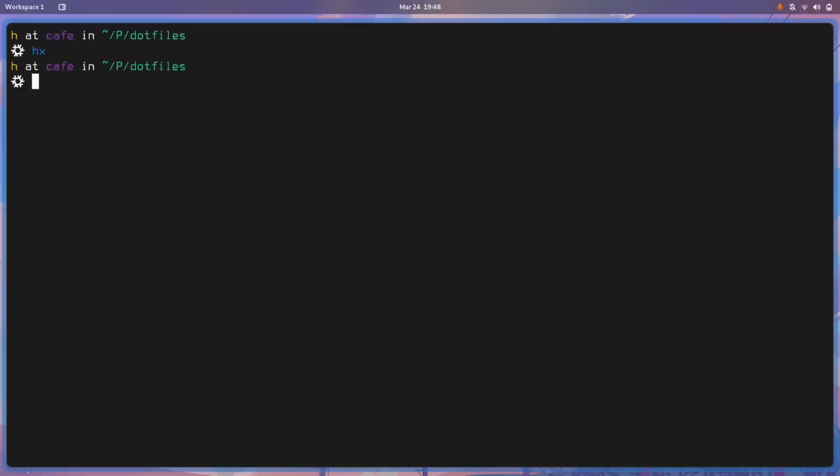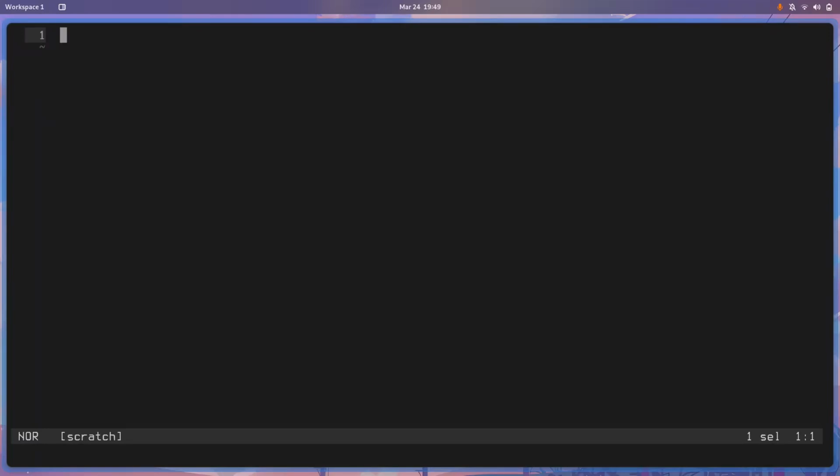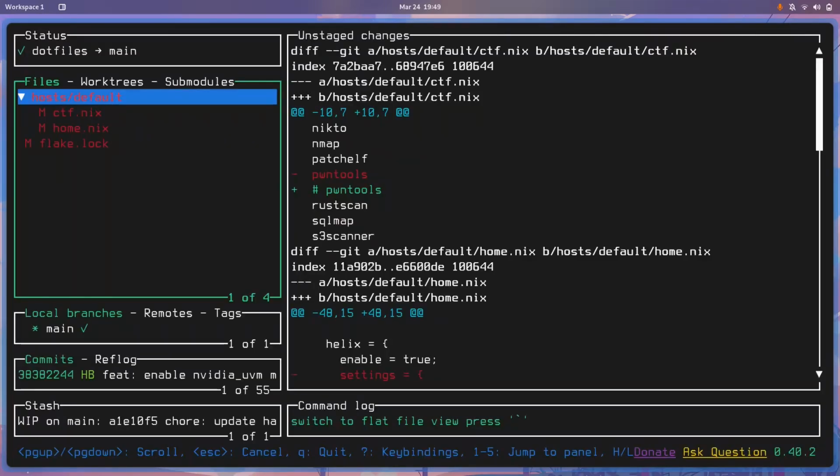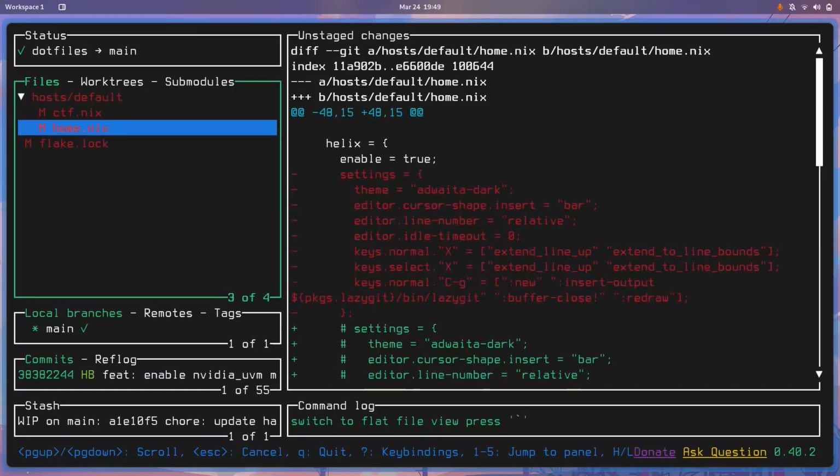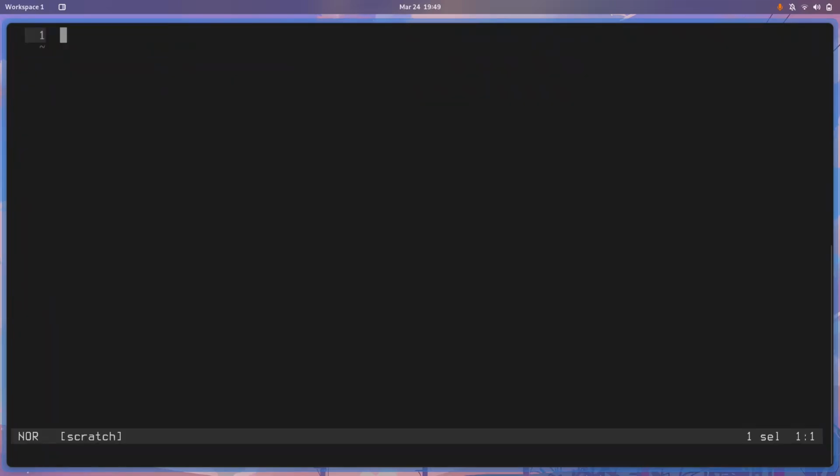And believe it or not, that's all it requires to have a Git integration in Helix. If you now open Helix in a Git repository, you can press Ctrl G to spawn your Git integration tool of choice. And once you're done with it, you exit out of the Git integration tool, you're back in Helix, where you left off. Alright, that's about it.